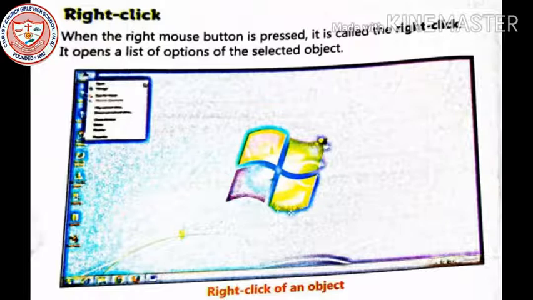So when the button of the mouse towards the right hand side is clicked, the click is known as the right click. You can see over here, when we right click, this dialog box appears. With the help of that dialog box, whatever you want to open or see, you can open and see.